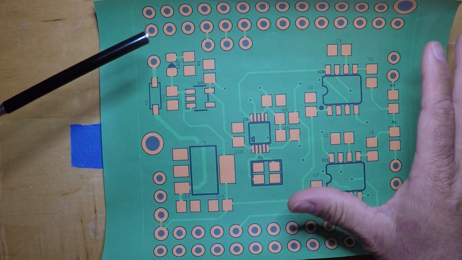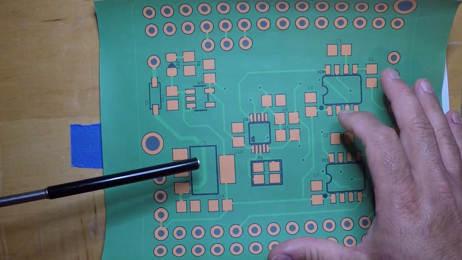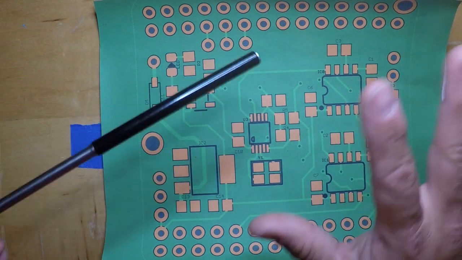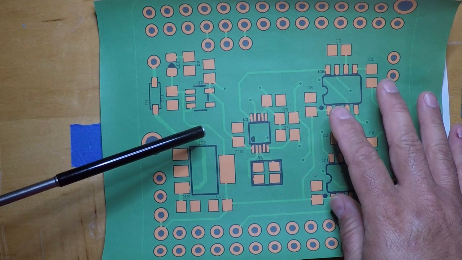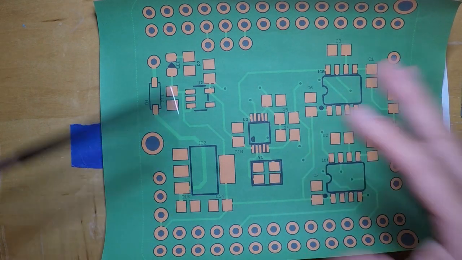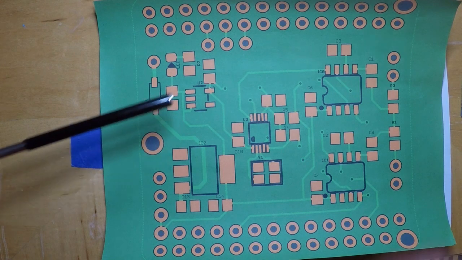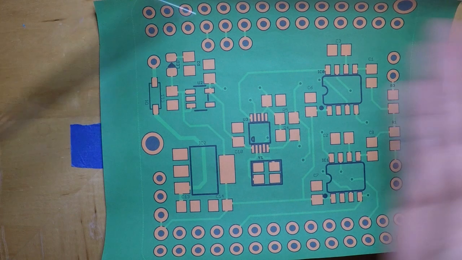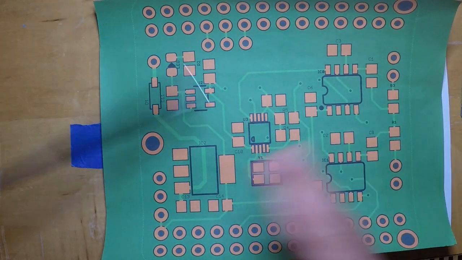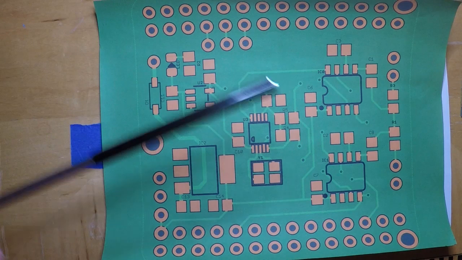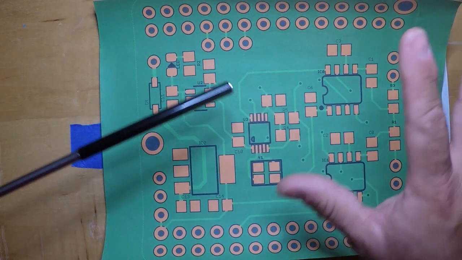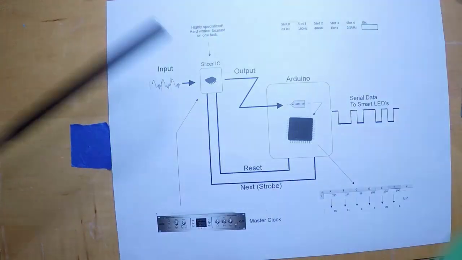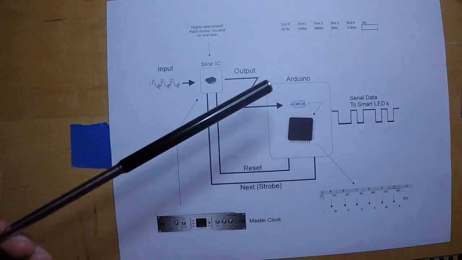I'm not going to publish the actual board file. I spent a lot of hours putting this thing together. It's a multi-layer board. If you want one of these boards, all you have to do is get with me, and I'll sell you a board pre-populated. I'm thinking of putting together entire kits with the LEDs, LED strips, and power supply, and everything you need, just to make it real easy, one-stop shop. But even without this board, with the schematics, you could venture off and put together your own.